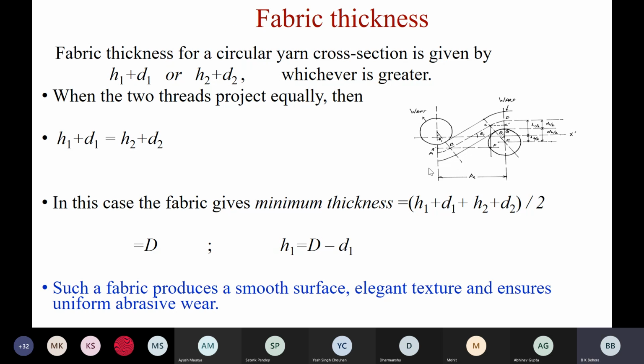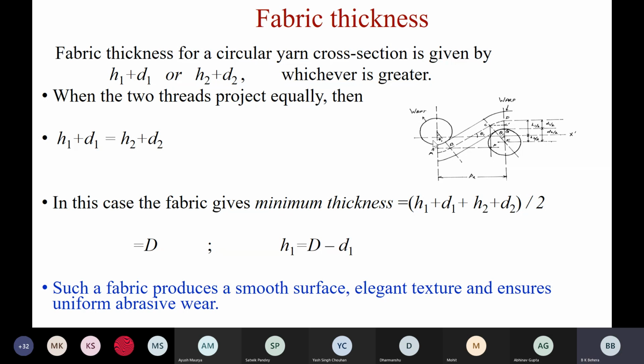We can have, but then we have to do something different, overlapping the yarn or putting the yarn very close to each other, flattening the cross section, etc. Without flattening the cross section, without disturbing the cross sectional shape of the yarn, in a normal fabric, normally what we can have, just at any location in the fabric, we can have only one warp, one weft. That means what should be the thickness of yarn fabric? Maximum the diameter of warp plus diameter of weft.